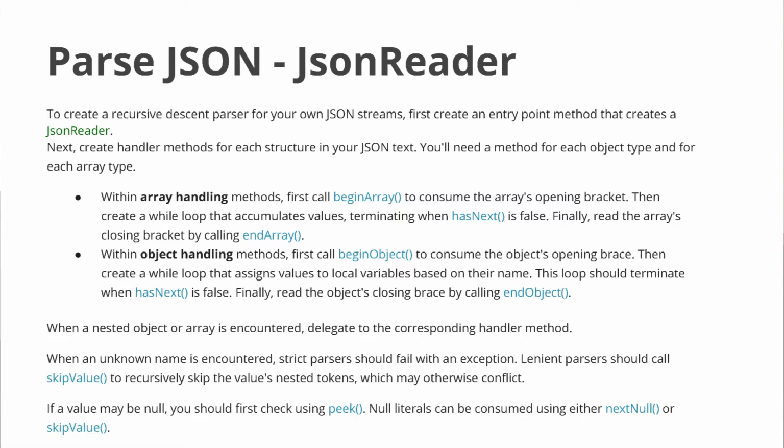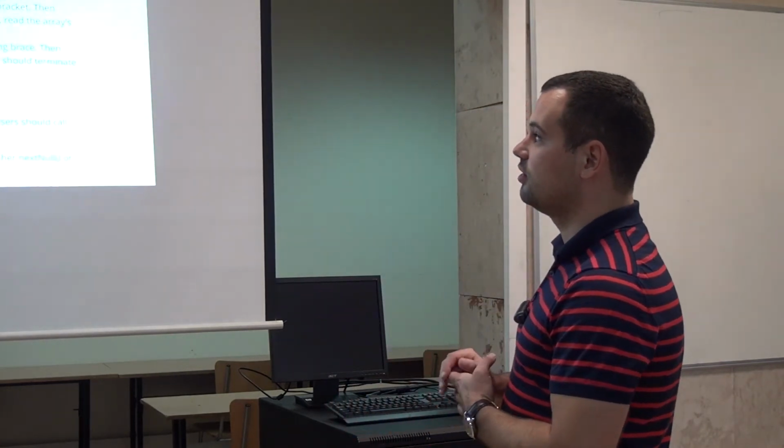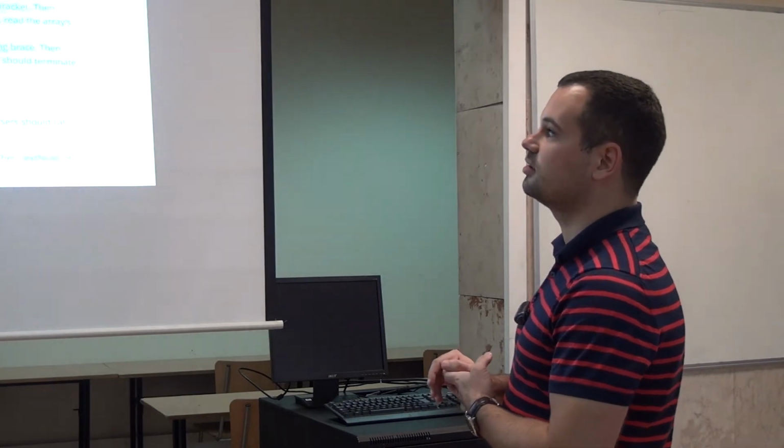Why did they do it? Before that, they had these JSON objects, and the way you parsed JSON was the following: you receive the response, you put it in a string, and after that put this string into a JSON object. And having it in a JSON object was pretty much the same as the DOM way, which was somehow memory consuming,